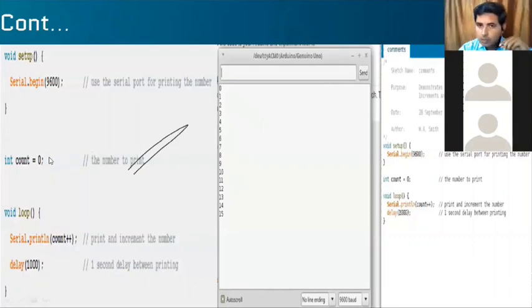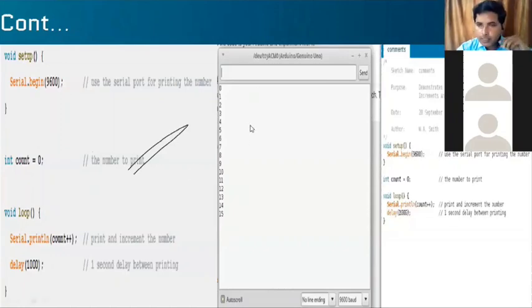It started with 0. It started counting 1 by 1 by 1 by 1. It is 15, and it is again going. Don't think that it stopped at only 15. I took the screenshot only when it was at 15. So it starts counting again, and it stops only when you close the program.